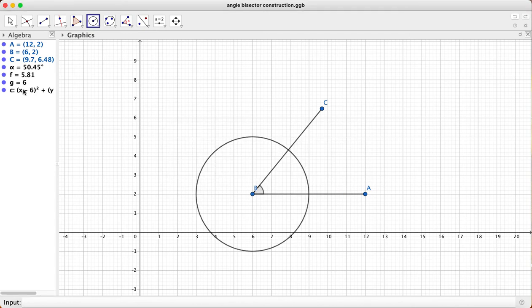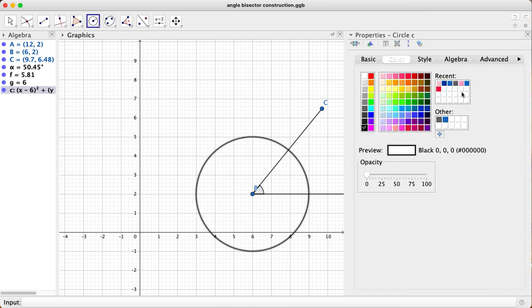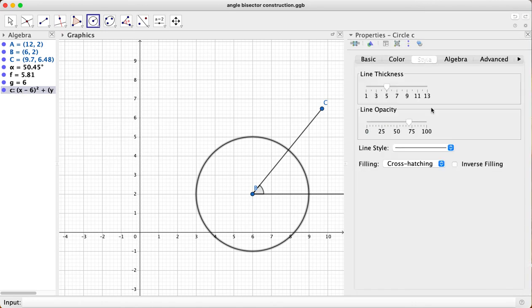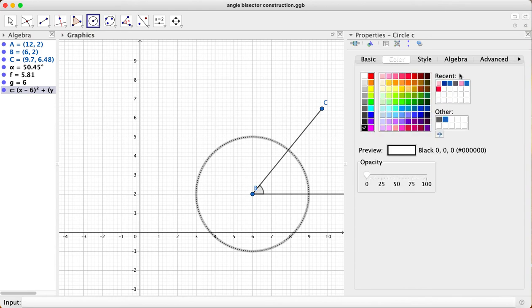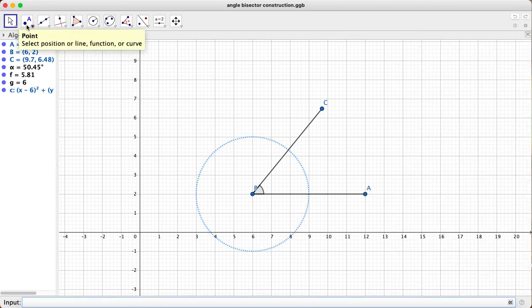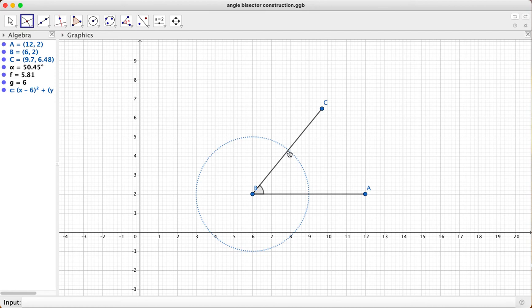Okay. And of course I'm going to change that a little bit, so it has at least dotted lines. Oh yeah, that looks good. Let's change the color too. All right. So now our next step is to use the intersect button to place dots where that circle intersects your angle sides. Then we're going to use that same measure of radius for circle and do one with center D